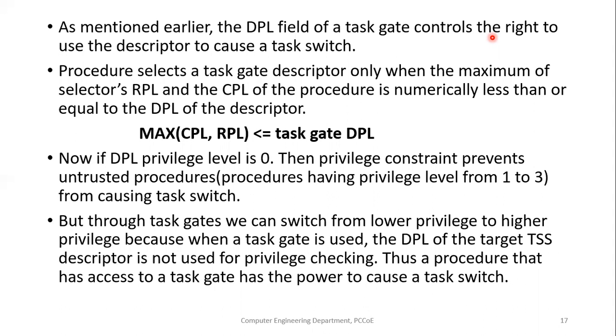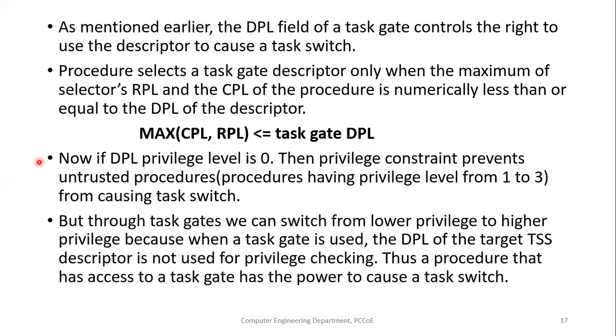Whenever you want to perform a task switch, it should have a right to use the descriptor itself. Then a procedure selects a task gate descriptor. A procedure will select a task gate descriptor only when the maximum of the selector's RPL and the CPL of the procedure is numerically less than or equal to the DPL of the selector. That is, the procedure selects the task gate descriptor only when the maximum of the CPL, current privilege level, and the RPL, requester's privilege level, is less than or equal to the task gate's DPL,